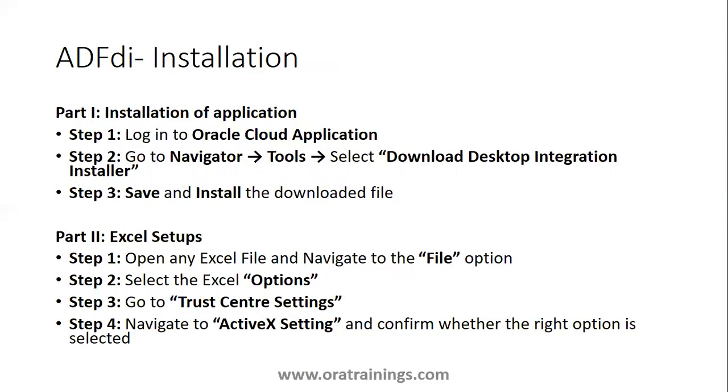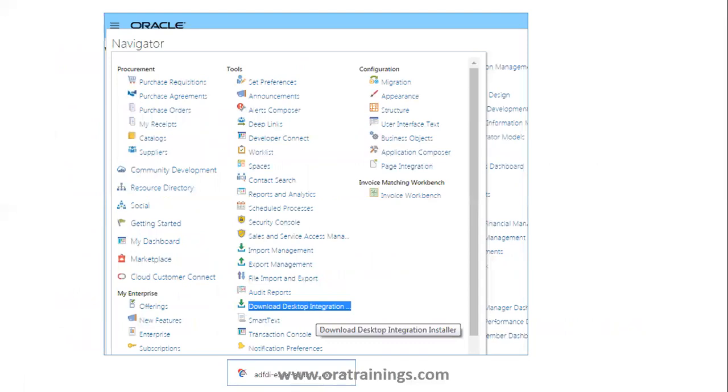For the installation, to perform ADF-DI installation, you have to download the exe file from your respective Fusion instance, and you need a user with an implementation role, that is, the appropriate IT implementation or security role provided to your organization for your Fusion SaaS instance. You have to navigate to Tools and click on Download Desktop Integration Installer. It provides an exe file; download and install. Once it is downloaded, make sure that you activate that particular plugin in the Excel sheet. Here I'm providing the same set of navigation.